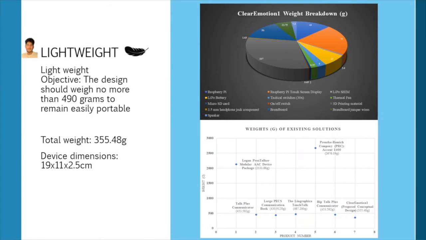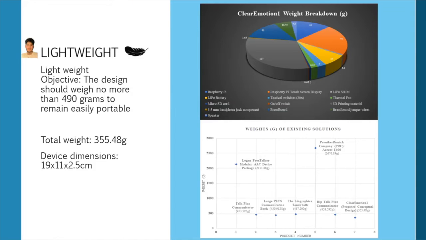Our team proceeded to generate evidence through the test plan described previously. The resulting total weight we acquired came to a total amount of 355.48 grams. On the right, we've taken the liberty to create a pie chart which visually displays how much each component is contributing to the final weight. In the pie chart, it can be seen that the 3D printing material is contributing most to the final weight of the design.